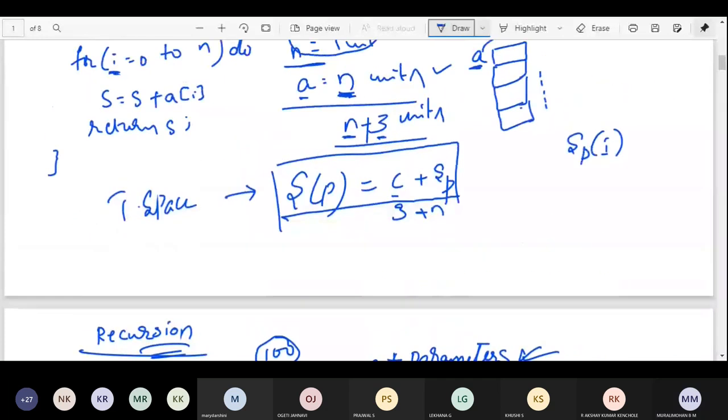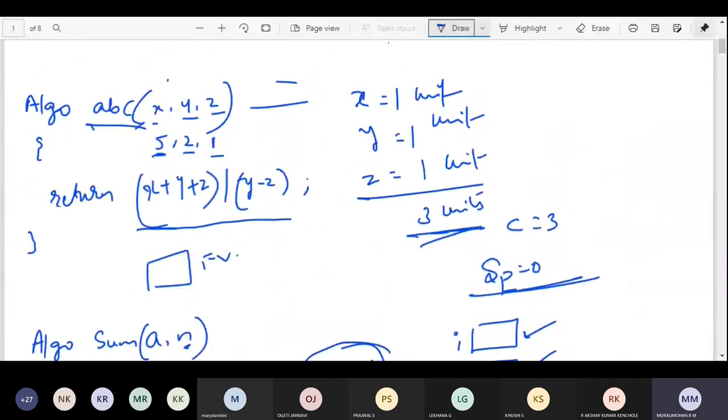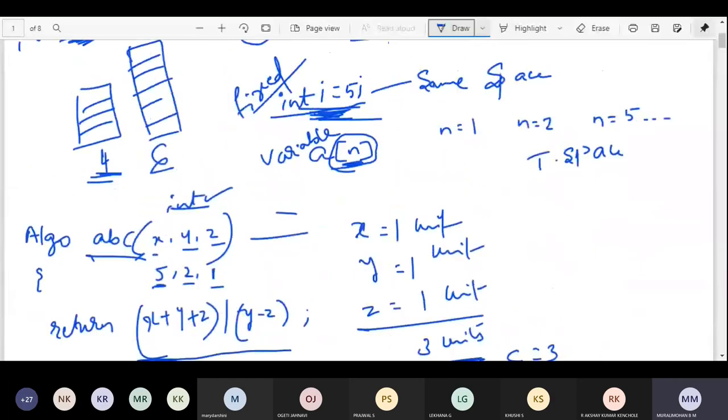Okay, always keep it in mind. So we will calculate the total amount of space as fixed part plus variable part. Fixed part means no matter how many times you execute the algorithm or the program, it will always take the same amount of memory. The memory location will not be changing.